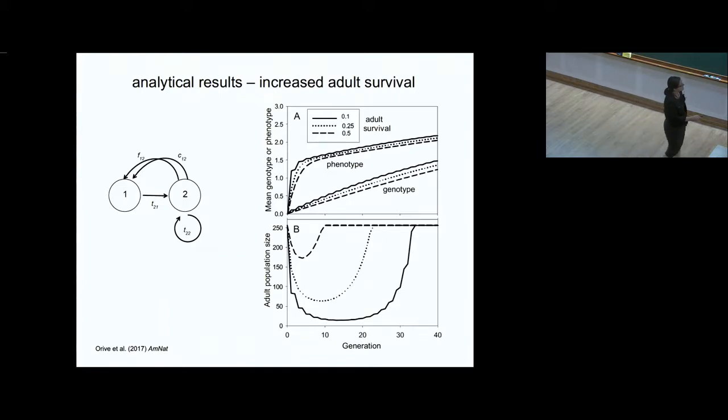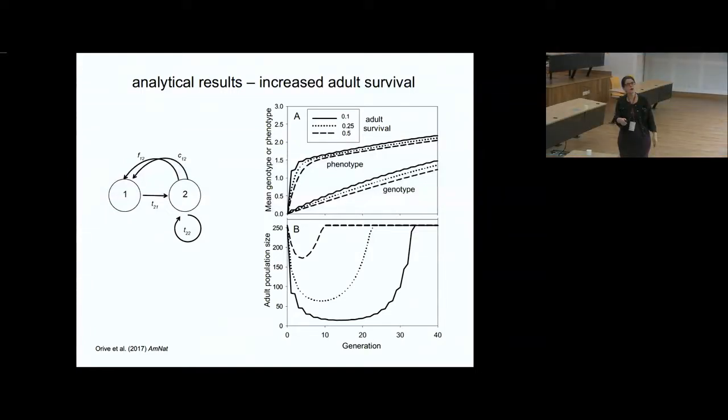So here's the population size of the adults. This is for a smaller amount of adult survival, and it goes quite down and up again, and then like this and like this. So it's again making it more shallow and making it come up faster. Now, it's important to remember we talked about trade-offs. We're not making a trade-off. So it's actually not surprising that we have this advantage with more adult survival, because we're making things better, right?